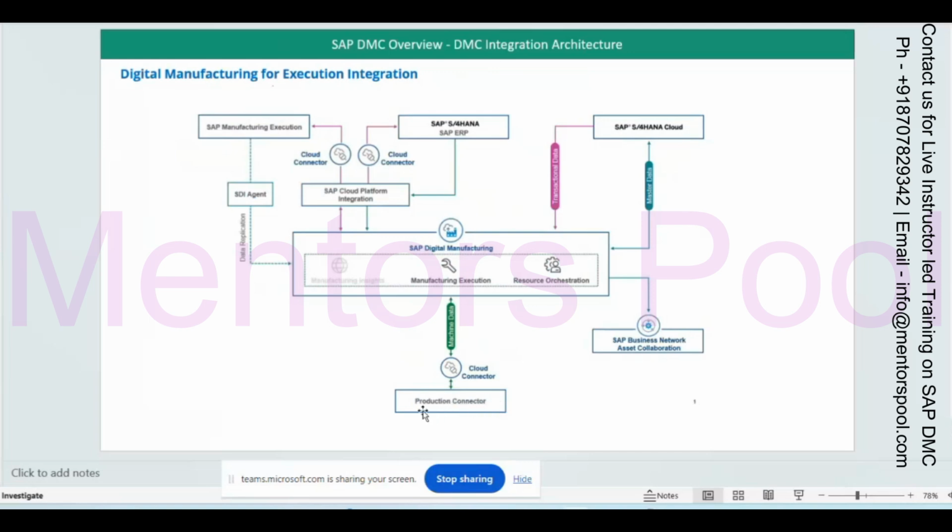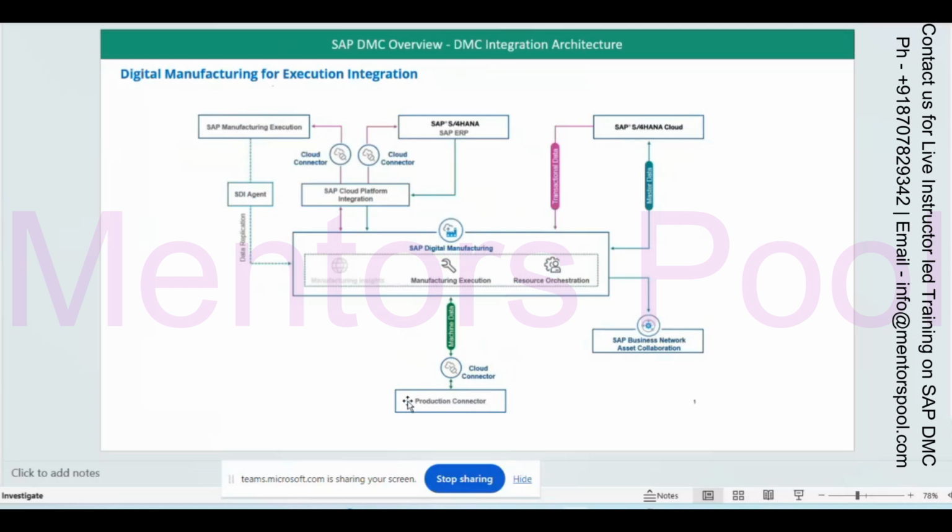The production connector is the replacement of Pico now. It is like a new plant connectivity. Pico plant connectivity is a software you use to connect with machines, and the production connector is the same kind of software, also connecting to your shop floor machines.